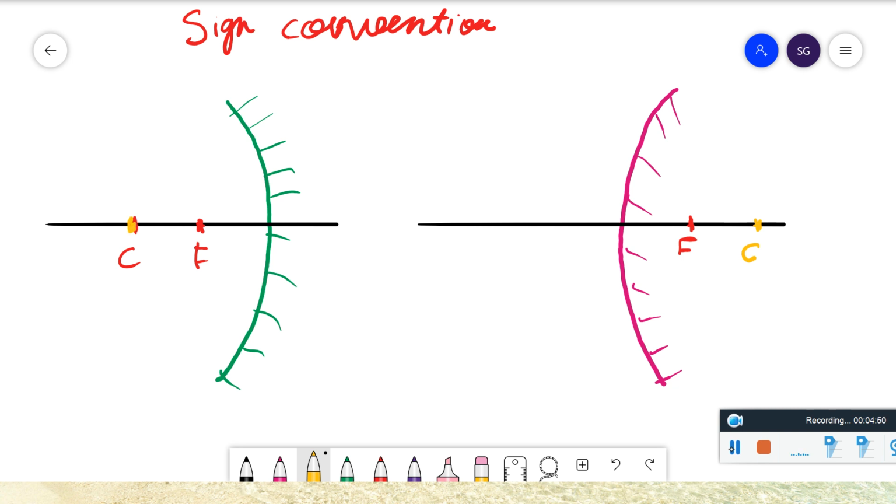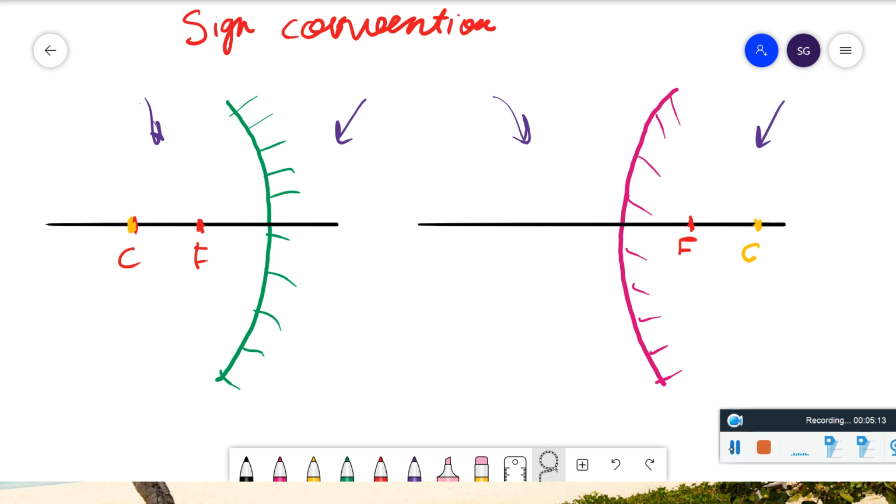Many students think that we can determine the focus at C and F here also, and ask why the focus exists here and not there. The simple reason is, if you extend this part like this, and extend it here like this,